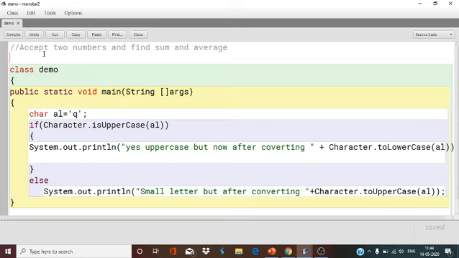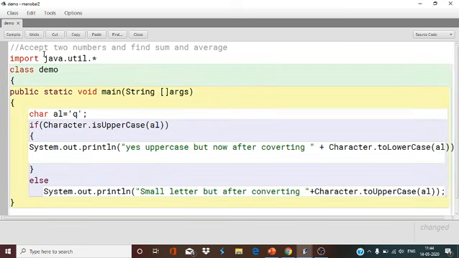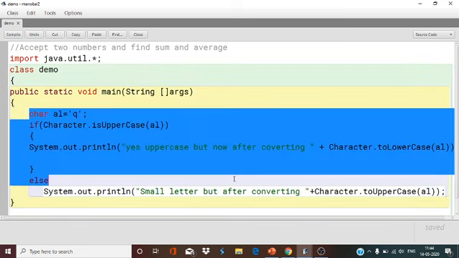To accept the numbers, we require a package, the util package. So import java.util.* for the Scanner class. Remove all these things.